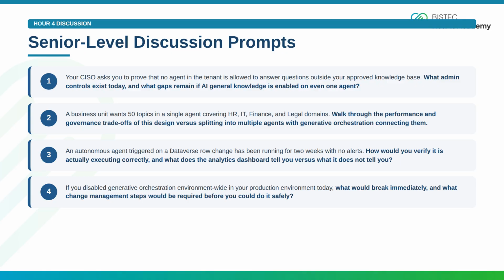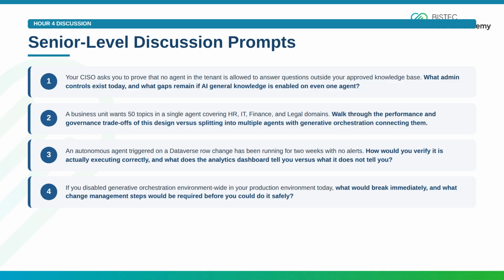Question 4. Disabling generative orchestration in production today. What breaks immediately? Every topic with no trigger phrases becomes unreachable. Every topic relying on auto-generated clarifying questions now needs explicit question nodes. Multi-intent handling reverts to one intent per turn. The change management steps required before safe disable: